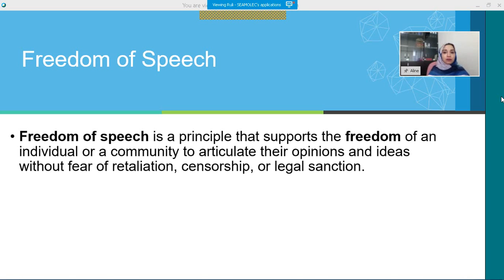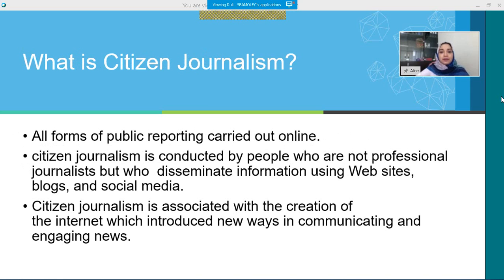In a prior time, maybe people didn't have this kind of freedom, this luxury. People were told not to speak up their minds. They tended to keep it in their own mind without telling it to the community freely. But when freedom of speech entered the world, it created such a safe environment for people to freely speak up about what is going on in their mind, what their opinion is, without being censored or without any legal sanction. Next slide, please.